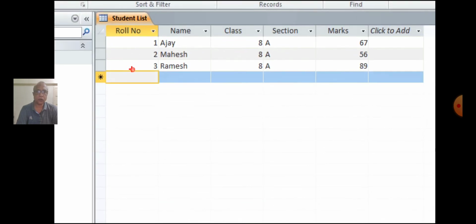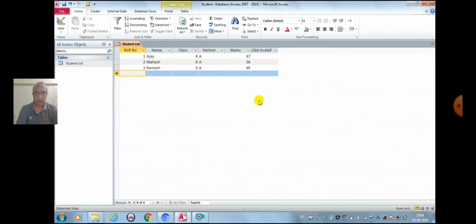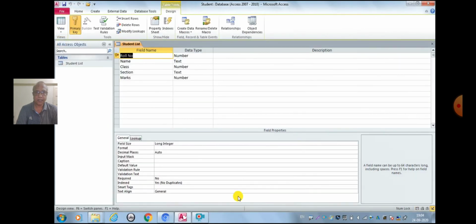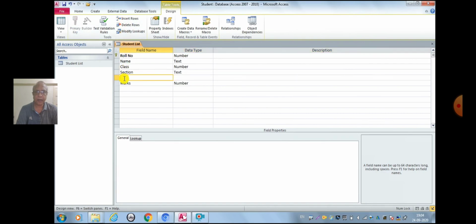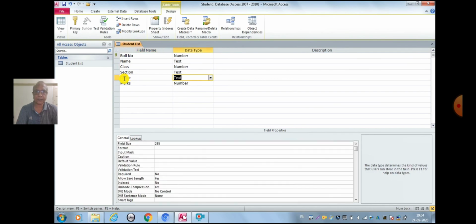So to insert one more field before the marks field, we need to go to design view first. Select the marks field, click on insert row. Start typing grade as the field name and select the data type as text.